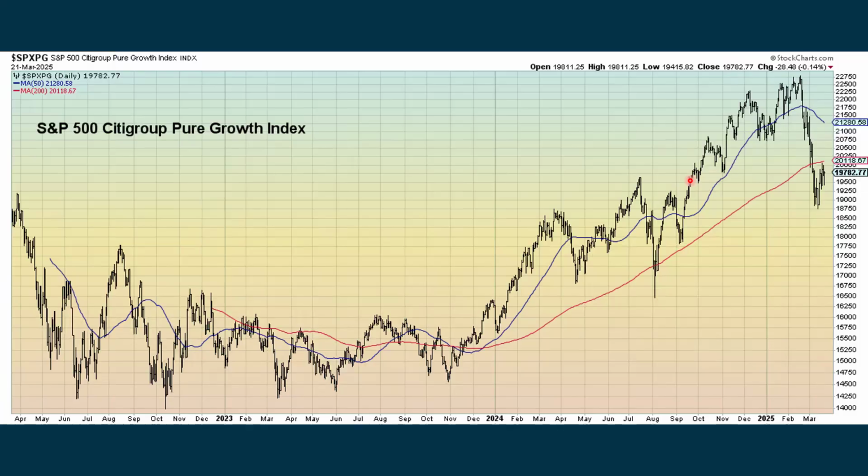Now, first of all, I look at just a growth index. You can see it's in an uptrend, but since about the middle to latter part of February, it has just been coming down. Growth has been getting hit. We're underneath the 200-day moving average. We're trying to come back up, but right now the 200-day moving average is acting as resistance. It would be more positive if we could get back above this red line and then stay above the red